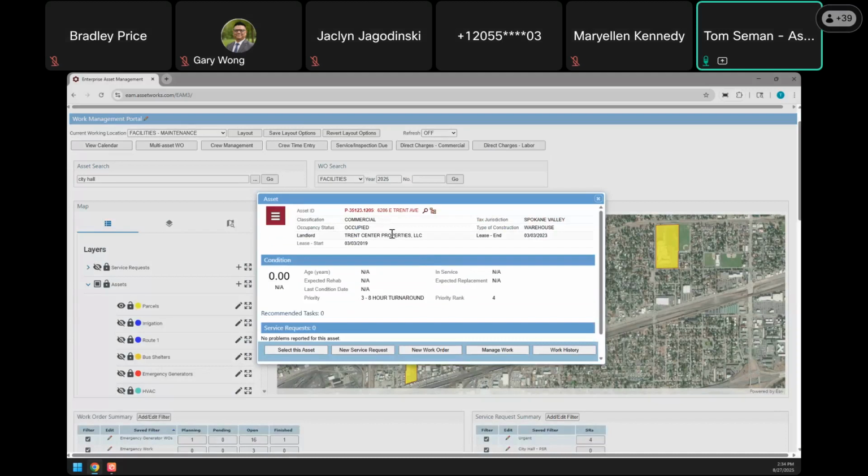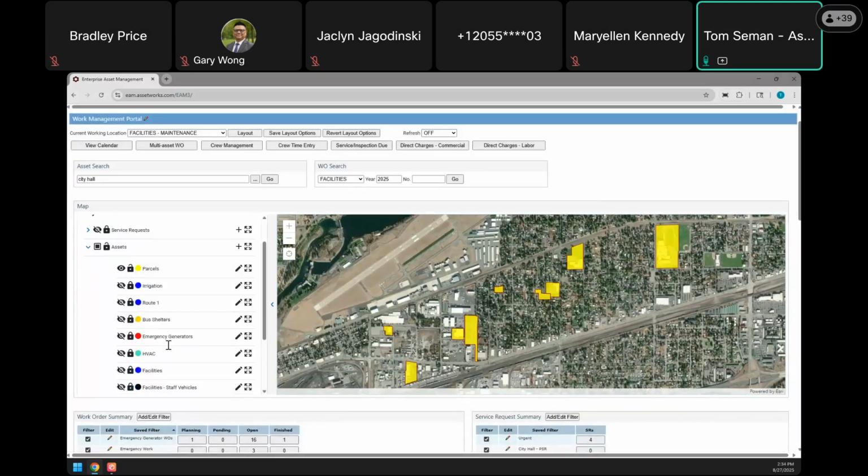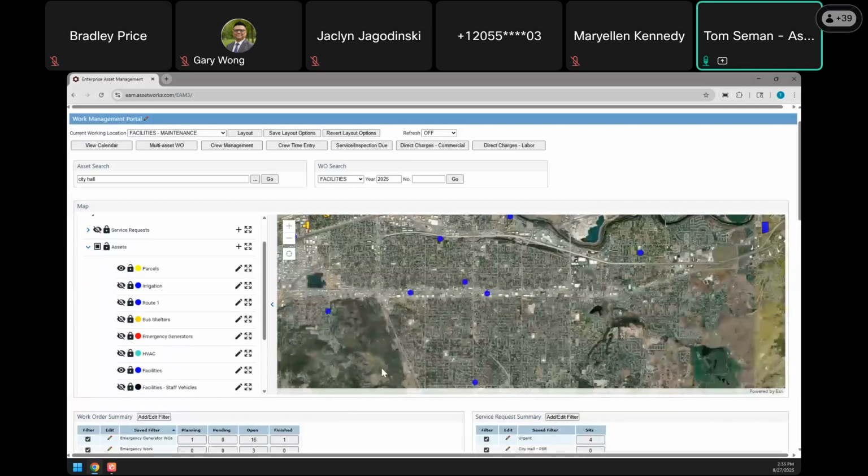It's something we call asset profiles, and aside from the role-based security, it's what allows our system to track unlimited assets of any type, where we can bring in an entire city, county, state, and they can manage all their assets and still be siloed and only see what they're supposed to see and only see relevant information when necessary. If I were to turn on the facility layer, I can zoom out to the facility